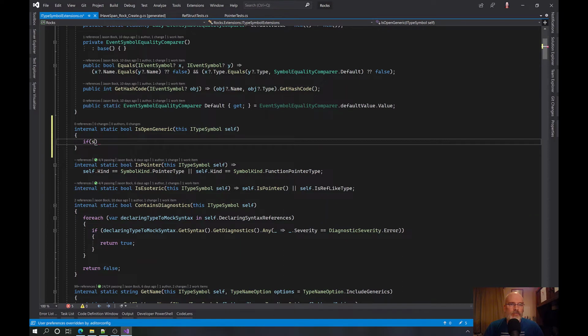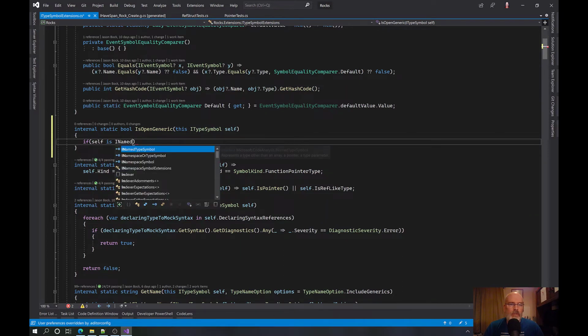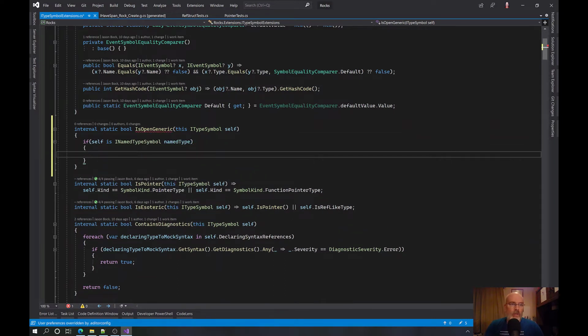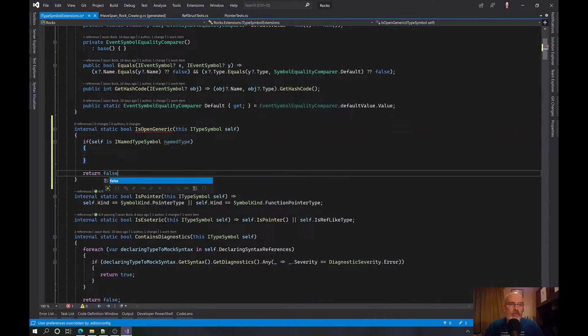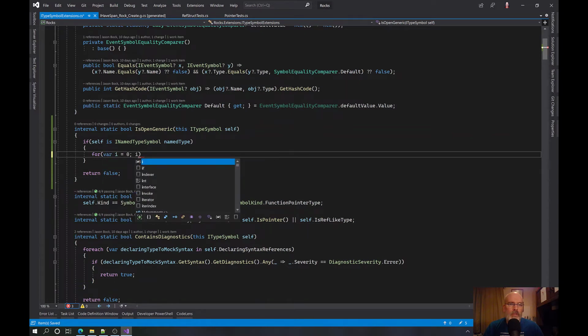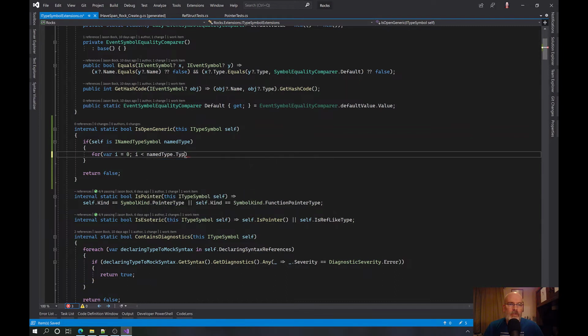If self is I named type symbol named type. Otherwise, we just say return false, because if it isn't, then we can't have any generics to look at. Then we say for var i is equal to 0, i less than namedType.typeParameters.length, i plus plus.